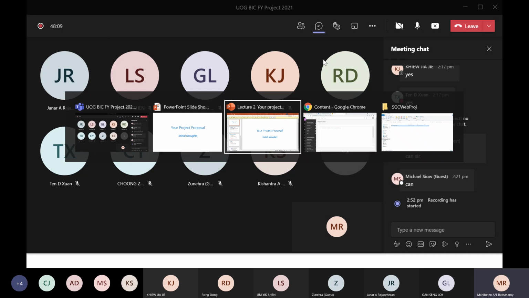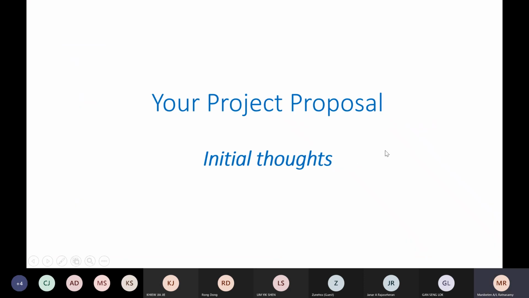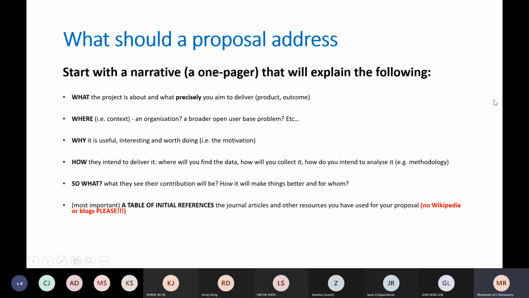Let's take a look at this new chapter today, your project proposal. Many of you have experienced writing a proposal previously. Again, we will look into how to start writing a proposal in a proper way. I'm very sure all of you are going through this now, and we can correct ourselves along the way so that we can adjust accordingly